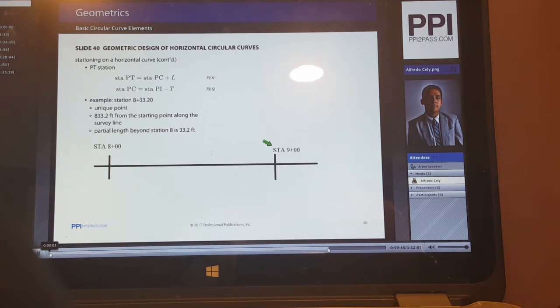This is just on a tangent. But let's say you have a point that you want to figure out where it is here, and another point that you want to figure out where it is here. Because this point is to the right of the alignment, you can say this point is 50 feet to the right,